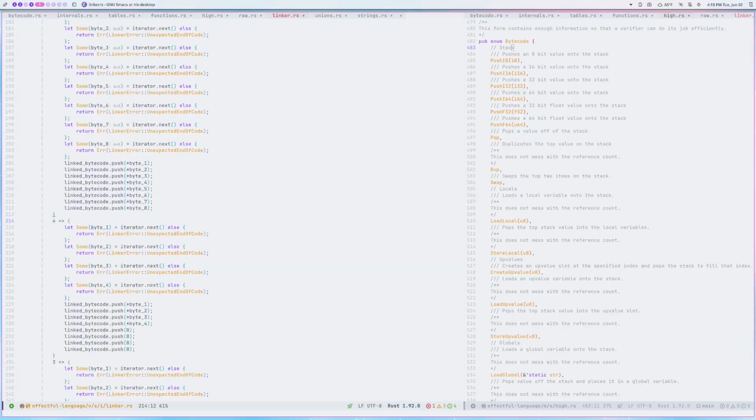Put them here. Change that to 4. Yes, 4, and this the 5,